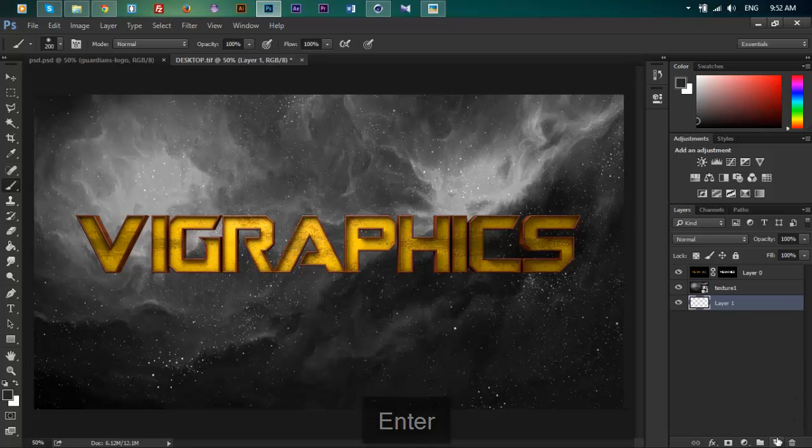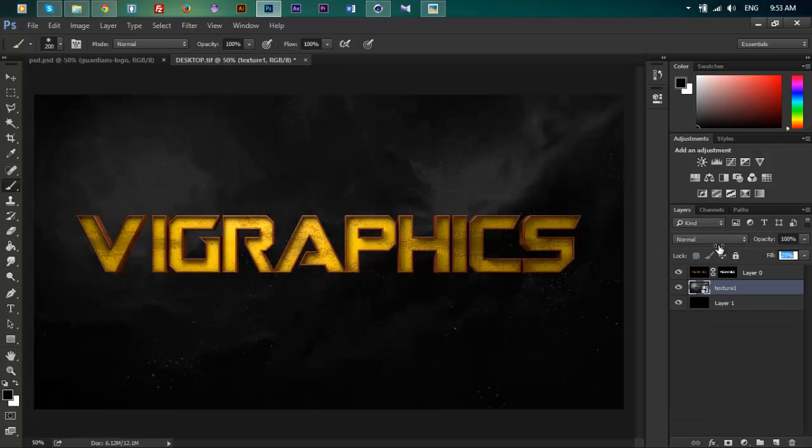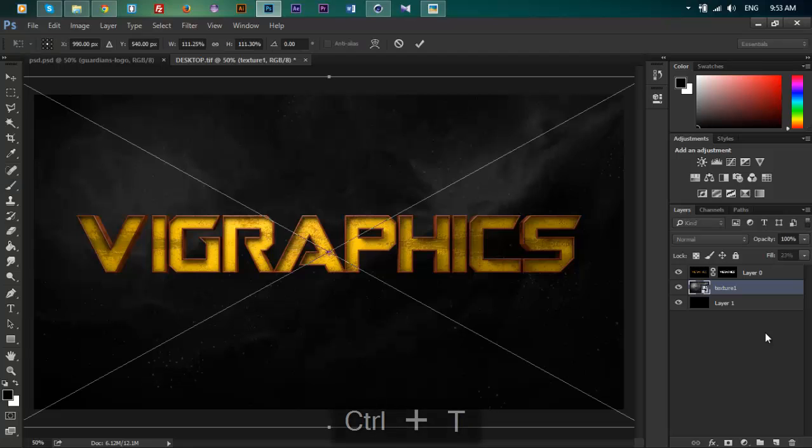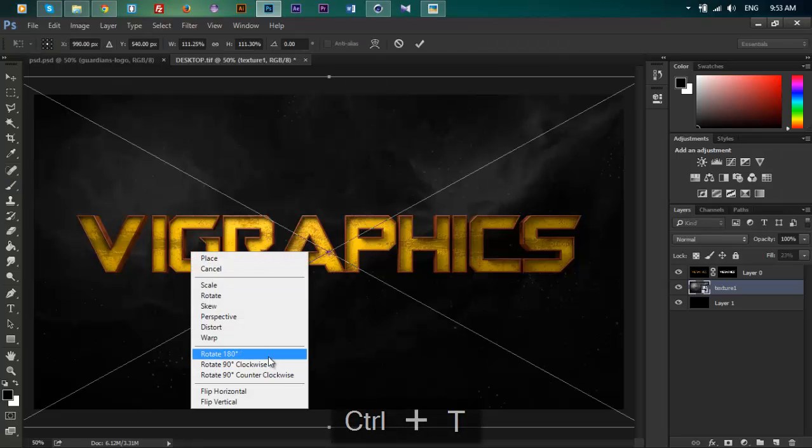Maybe you want to create another layer above that. Press D to go back to our default foreground and background colors, which are black and white. Alt plus Backspace to fill our layer with black, which doesn't appear because we have this texture above that. So let's decrease the fill significantly to like 23%. Maybe you want to Control T to bring up the free transform tool, rotate it